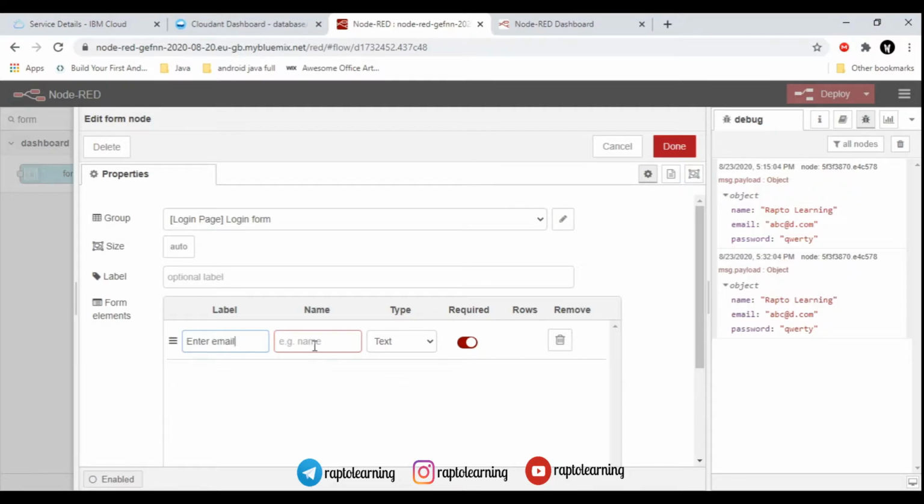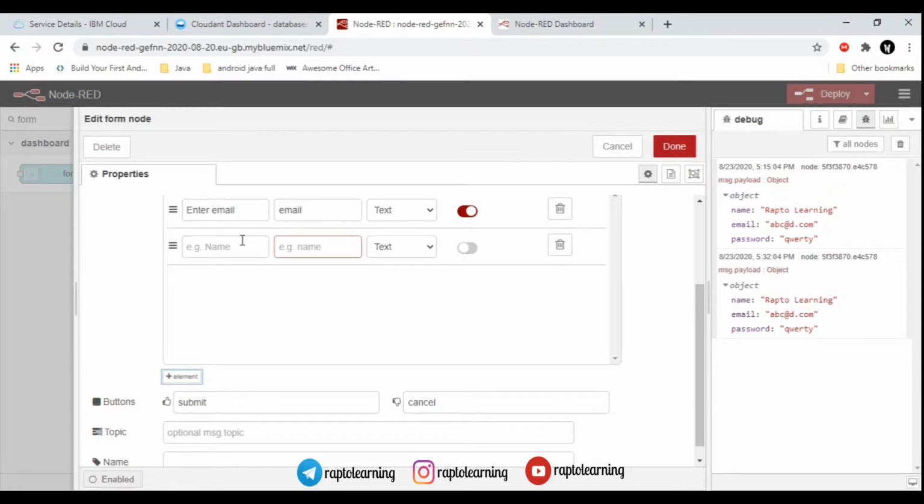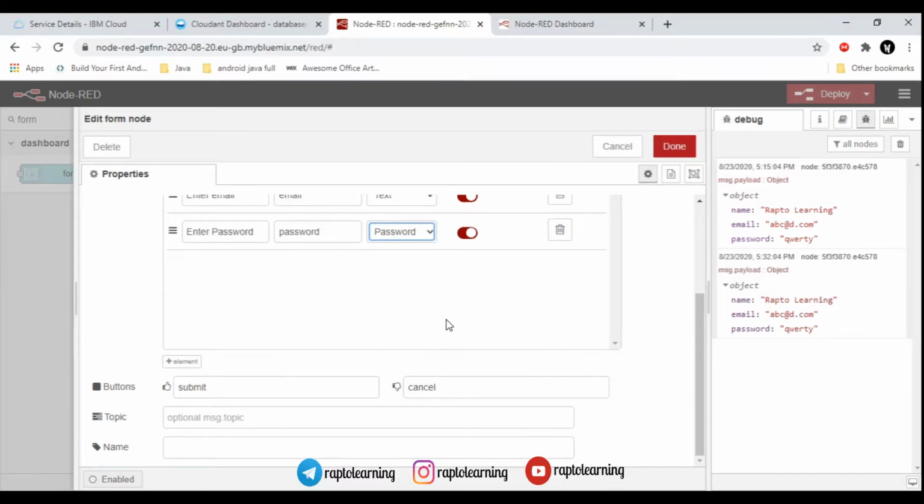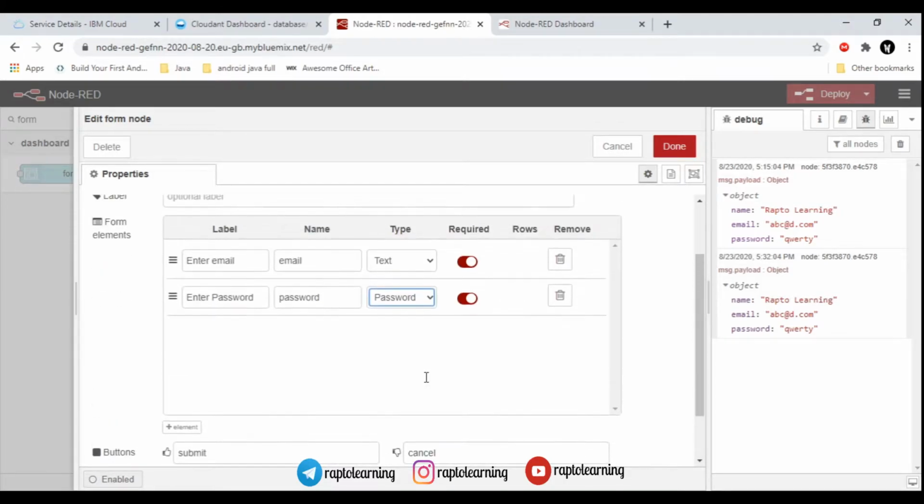For creating this form, we only need to know the email ID and the password, and just match them. If they match successfully, then we will show the message login successfully, otherwise login failed. So we will type the name as email, and we will add one other element, that is password, for taking the password from the users. After creating this field, we will give it the name password, and make sure you tick required for both of them, and we will select the type as password. Make sure you do not select text here, please select password, and all seems good.